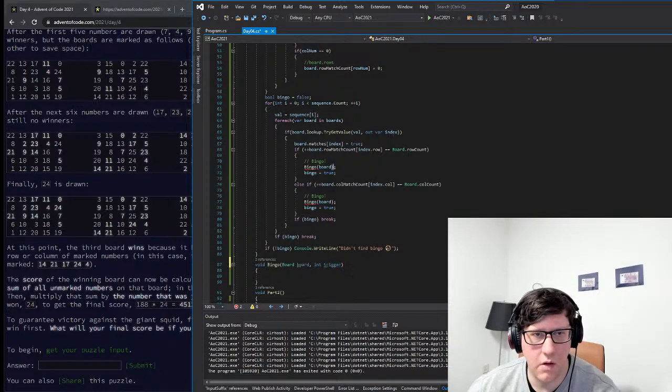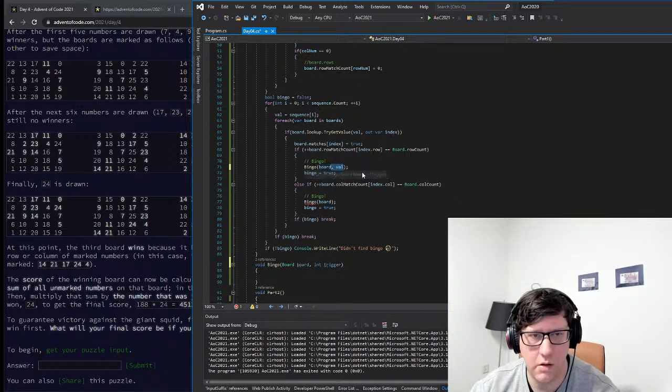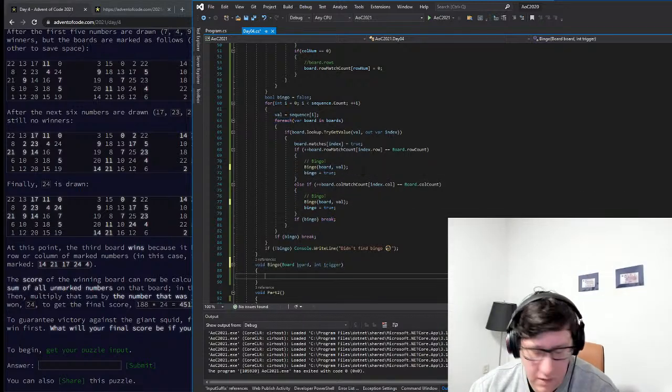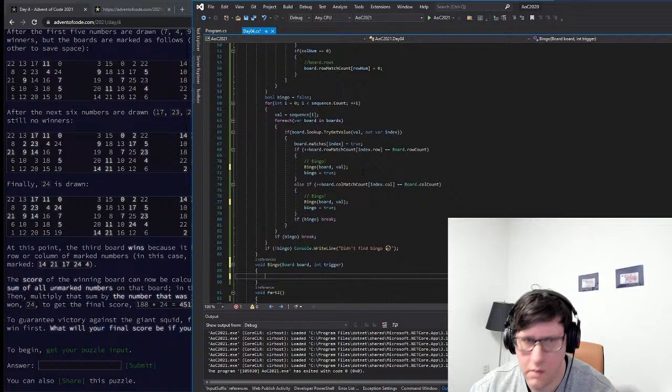So the number that triggered the bingo was a val. So now we do board dot rows. We do the same loop, right? For int row num